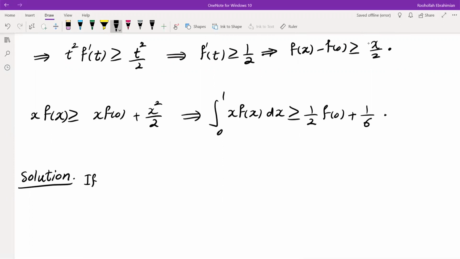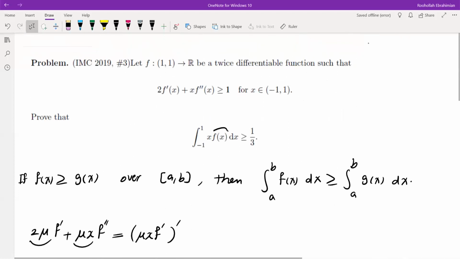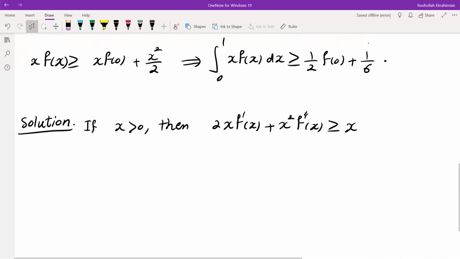So if x is positive, then 2x f prime of x plus x squared f double prime of x is greater than or equal to x. So that was given. Thus,